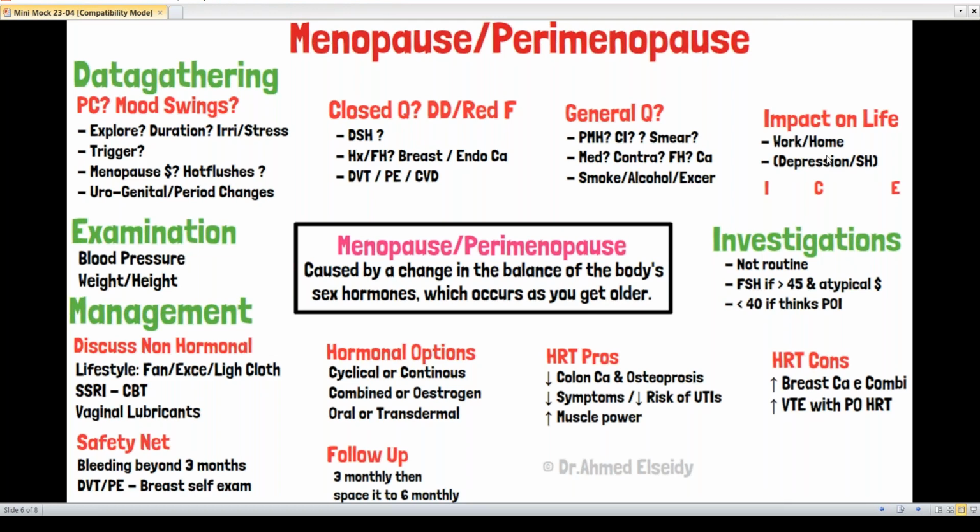Why psychosocial? This lady has been suffering for 7 or 9 months. Indeed, this has been affecting her life. That's why she came today. So I will need to ask about that, because I'm treating a patient, not a disease. I will need to finish my data gathering with how that has been affecting you.